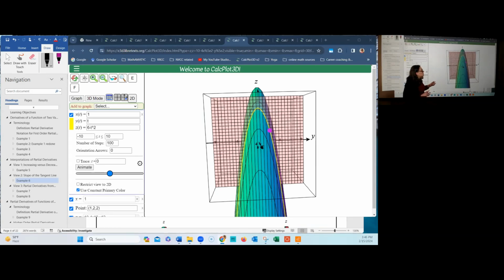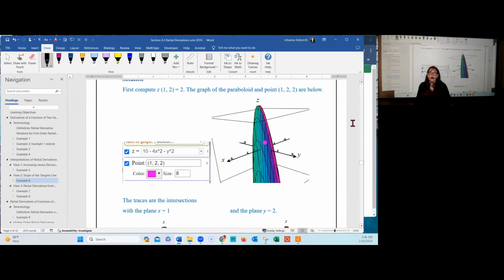The first thing we want to do is find the equation of the trace between the plane x equal 1 and our paraboloid. Let's go ahead and come over here so we have some room to work. If we are intersecting the paraboloid with the plane x equal 1, then in our equation for the paraboloid, which is 10 minus 4x squared minus y squared, we can replace the x value with 1, giving us 10 minus 4 minus y squared. Then we can parameterize this as a space curve,